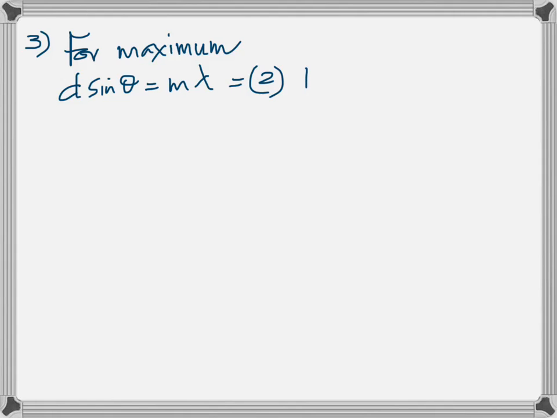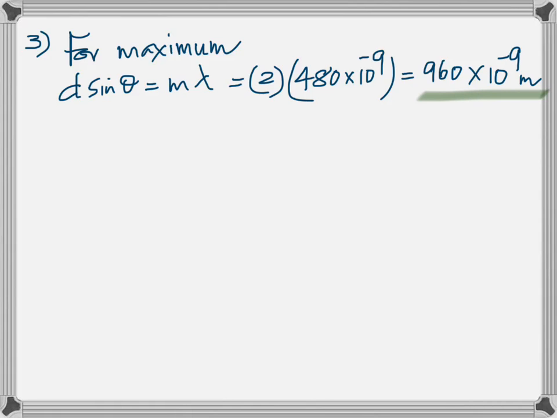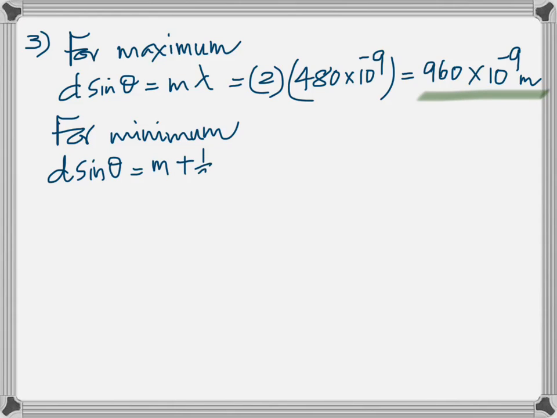In the third question, it gives you the wavelength and tells you that it's the second order maximum. For second order maximum, m is equal to 2, because m equal to 0 is the central maximum. Okay. Once again, the same formulas. You're looking for d sine theta now. You've got m lambda,